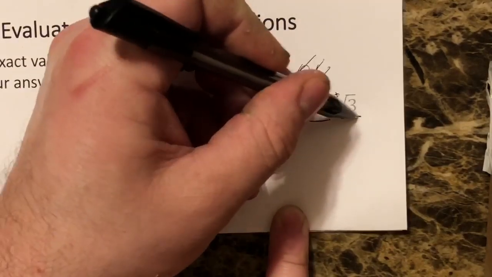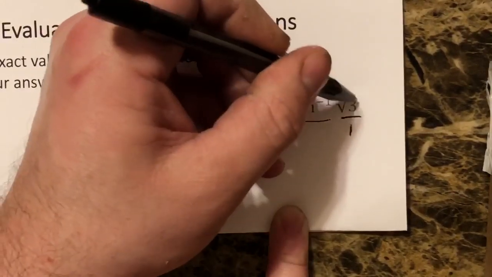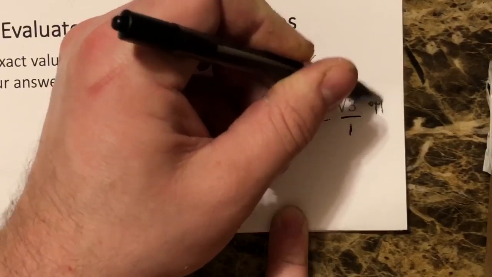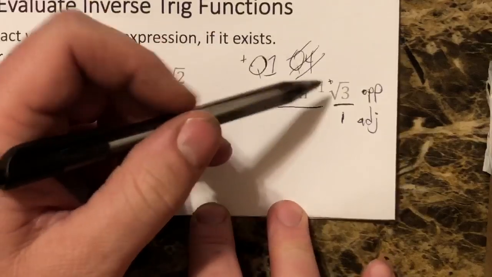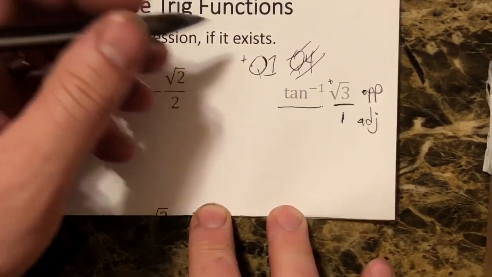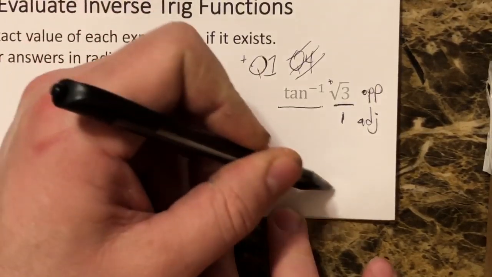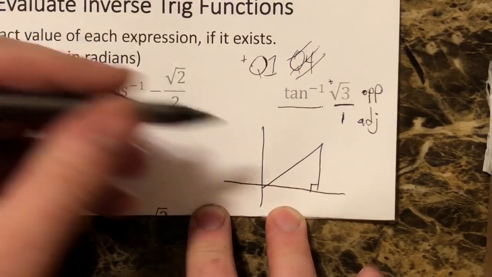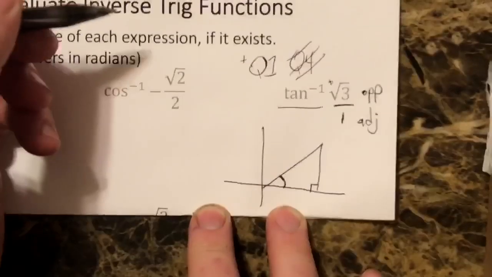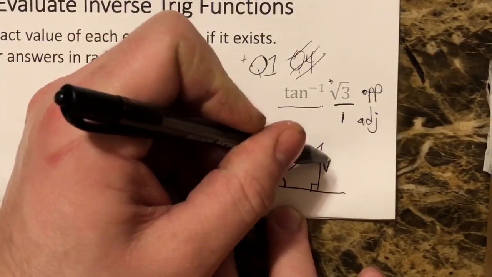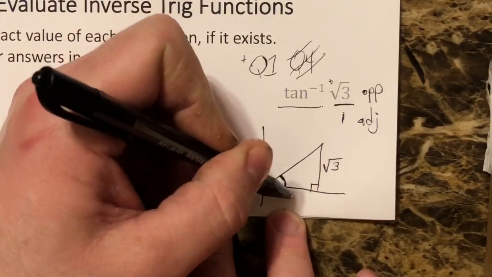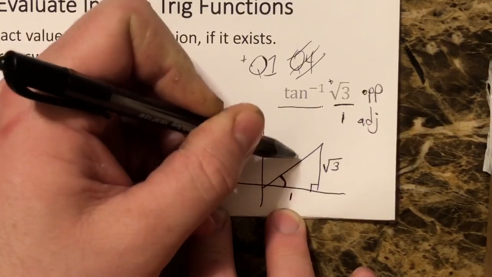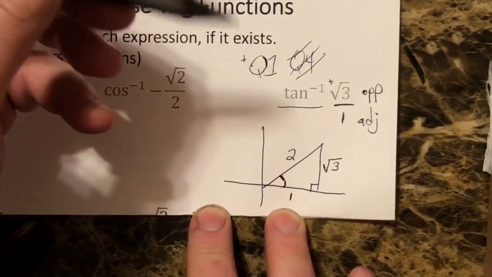Since this is tangent, we have the square root of 3 over 1. So the square root of 3 is going to be our opposite, and 1 will be the adjacent. So now this gives us enough information to actually draw the triangle in quadrant 1. So here's a quadrant 1 triangle, just like so. You get your inner angle, and you have the opposite side as square root of 3. You have your adjacent as 1, and as we know at this point, the hypotenuse is 2 because this is